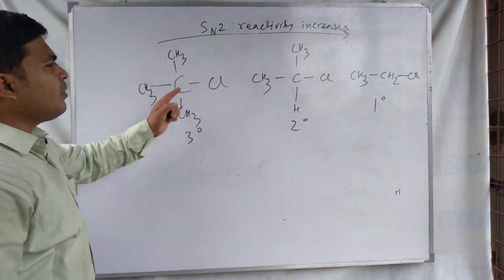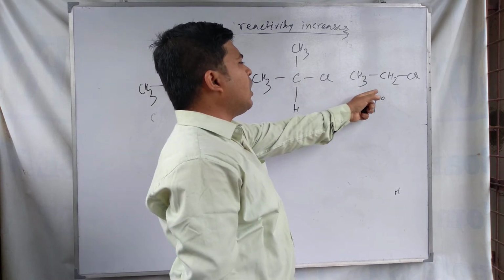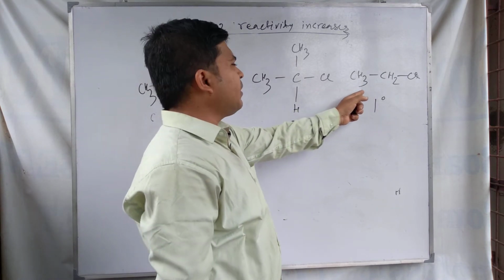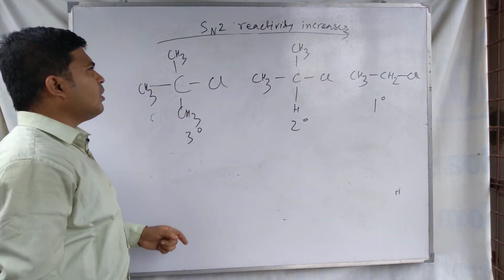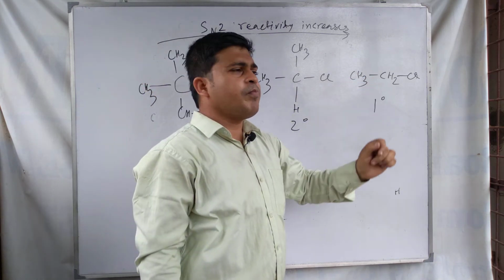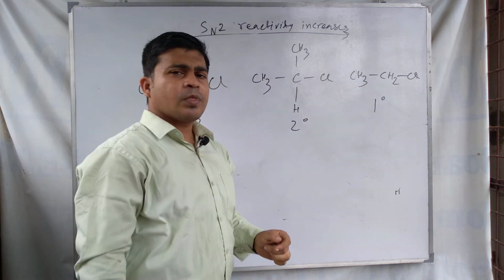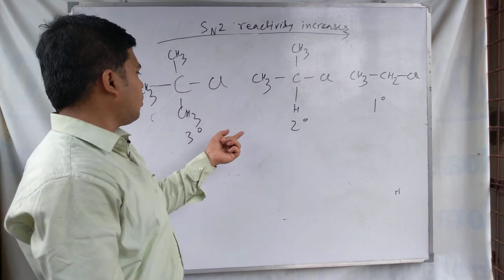So the best SN2 is given by the primary alkyl halide. Primary alkyl halide can show the SN2 mechanism rather than tertiary